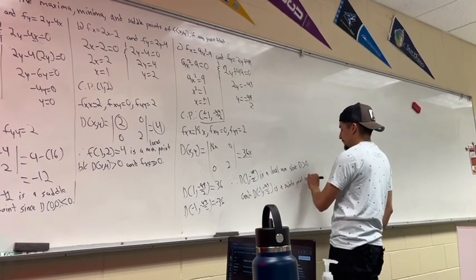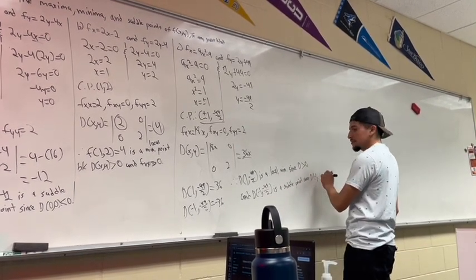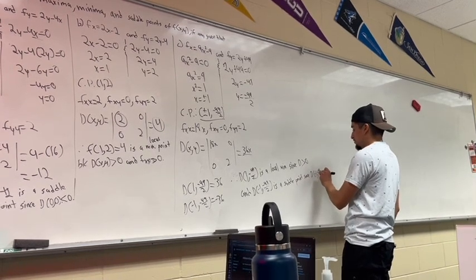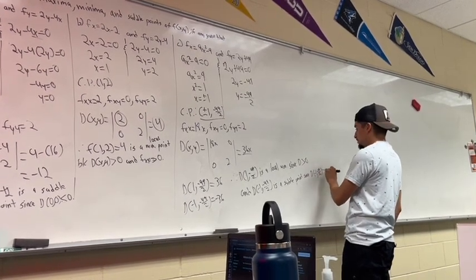Since D of negative 1, 49 over 2 is less than